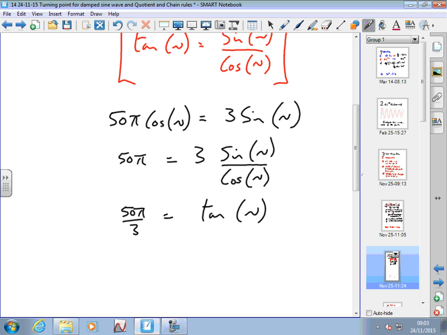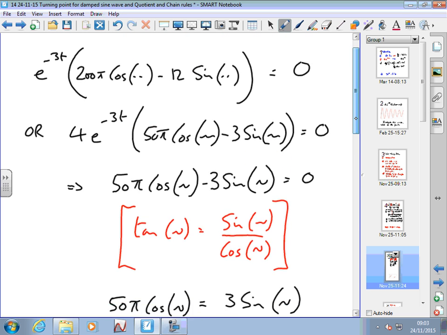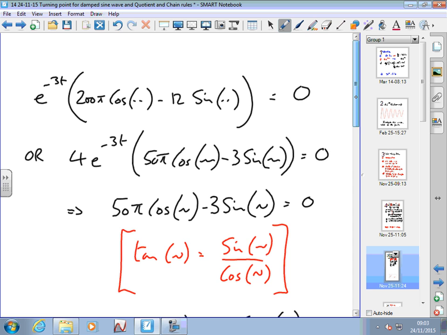So you've got a tangent button on your calculator, and now let's put this bracket back in again. 50 pi over 3 is the tangent of 50 pi t, because that's what we had originally,